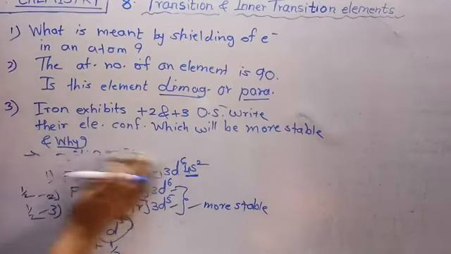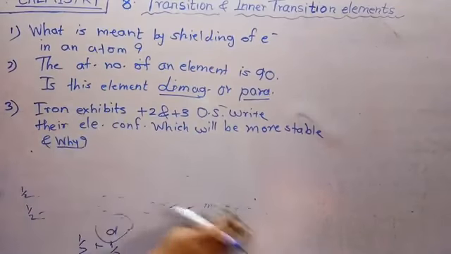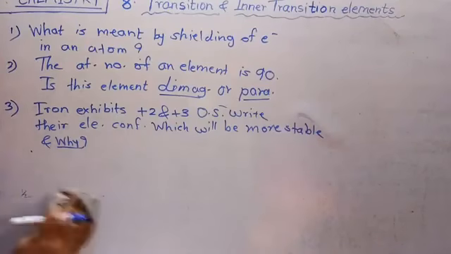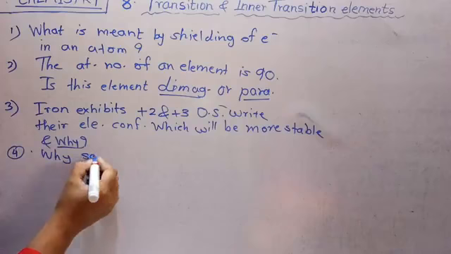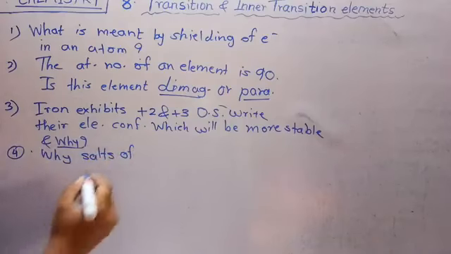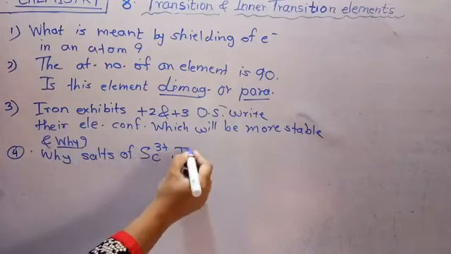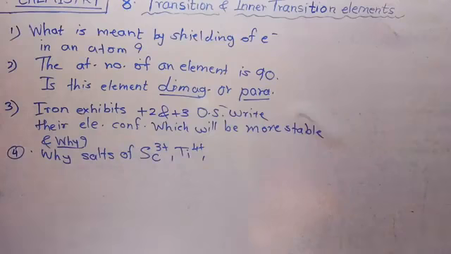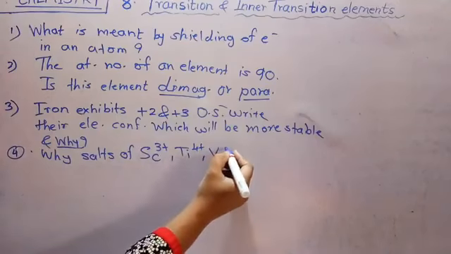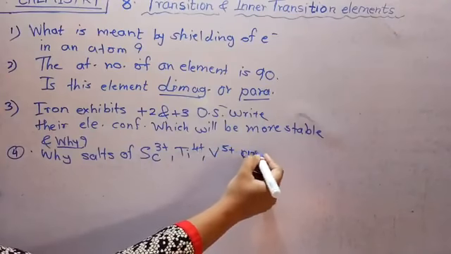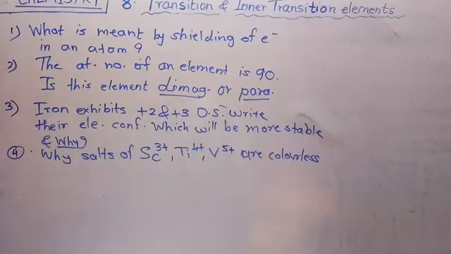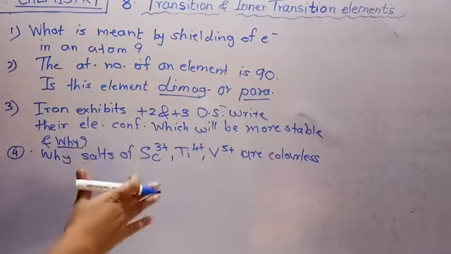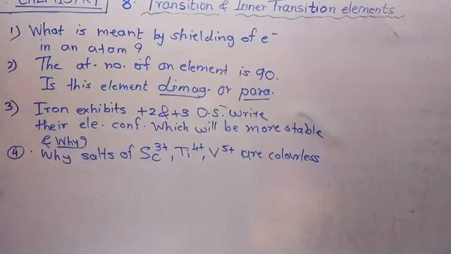Why are the salts of scandium 3+, titanium 4+, and vanadium 5+ colorless? Why are the salts of scandium 3+, titanium 4+, and vanadium 5+ colorless? See,